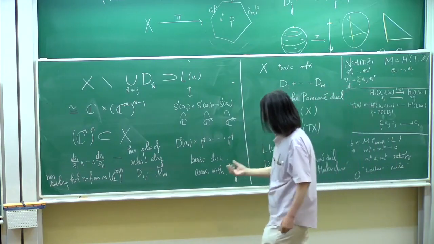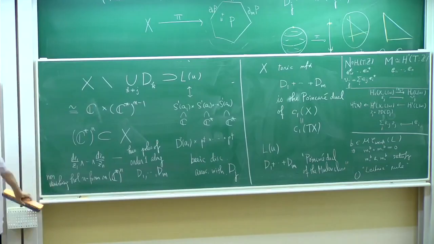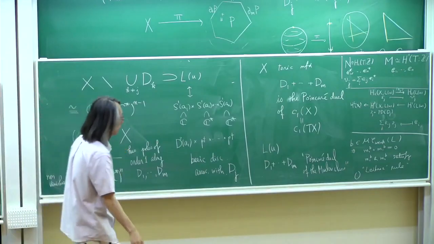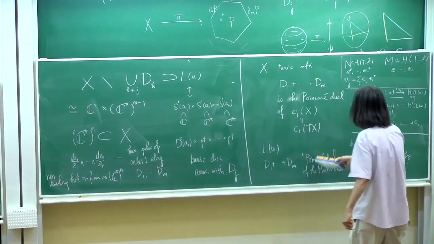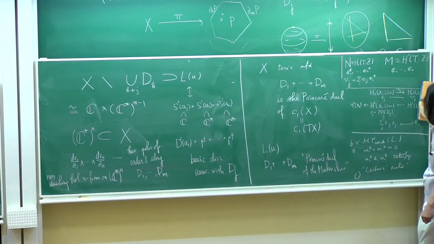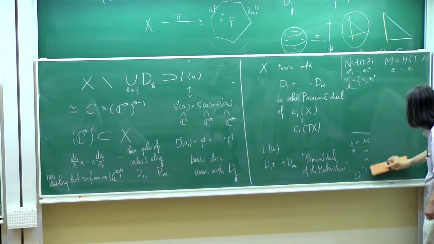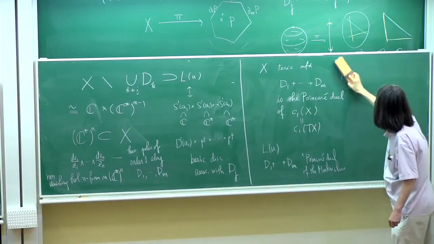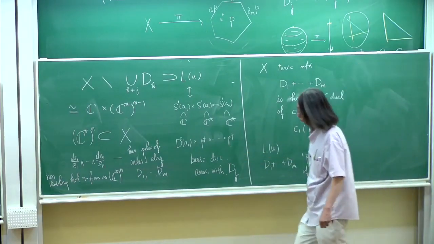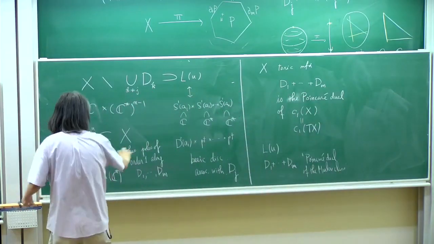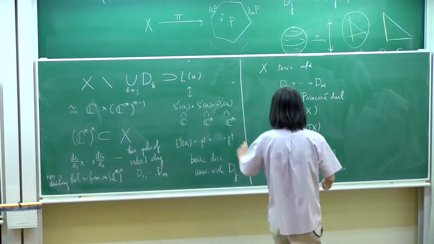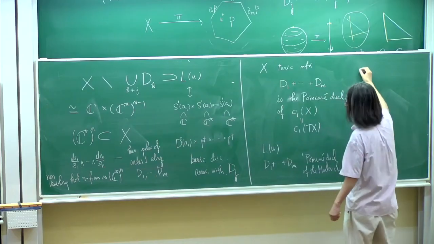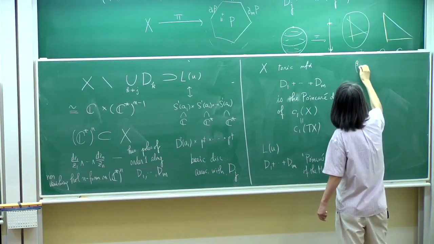So the Maslov class is some relative version of the first Chern class, and a similar argument can also tell you this. And if you consider such a meridian disk, a basic disk, let's denote by beta j